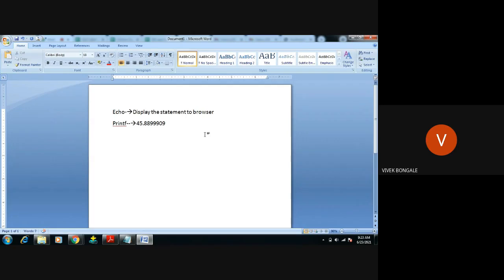That is the major advantage of using printf. But for a normal string or any normal statement, the recommended choice is echo. Apart from statements, if you want to include any other type of things, there we use the printf function.